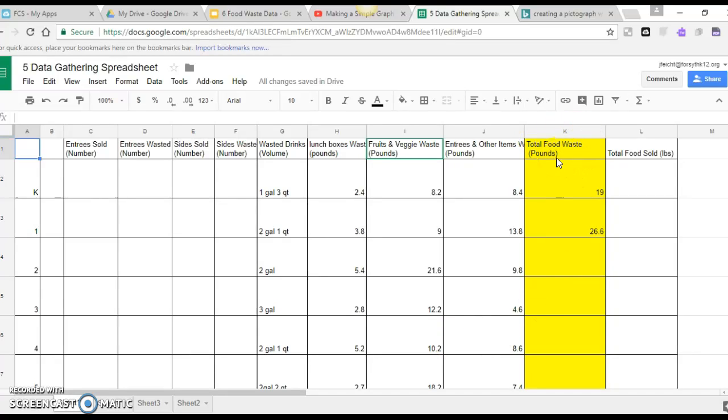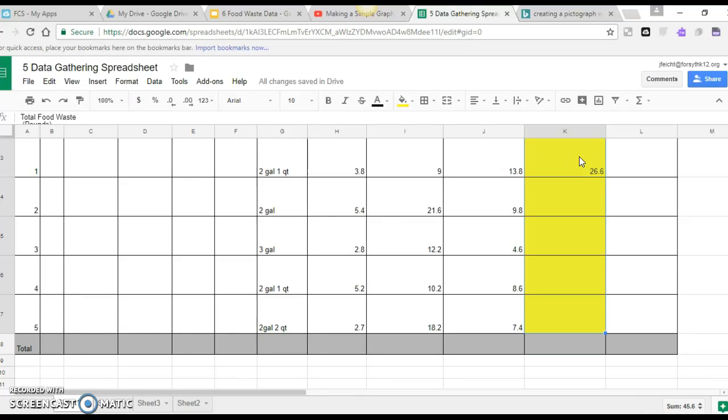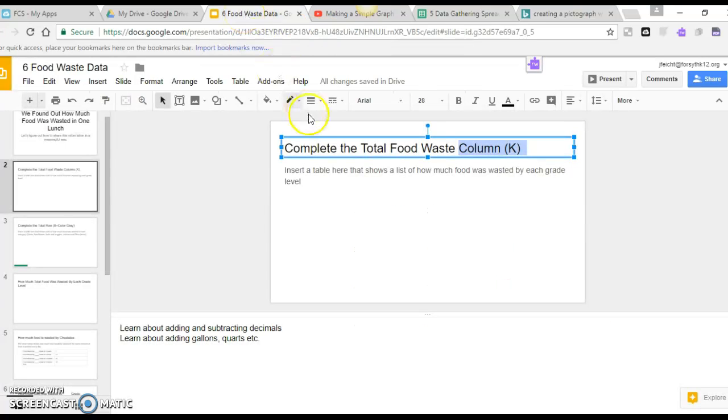wants this information. Now, I don't have mine fully completed. You would need to complete your whole thing. But you would copy this row. So you highlight the part that you want, and then you can either right click on it and copy or just hit Control C. And then you go over to your food waste thing, slide 2, and then if you